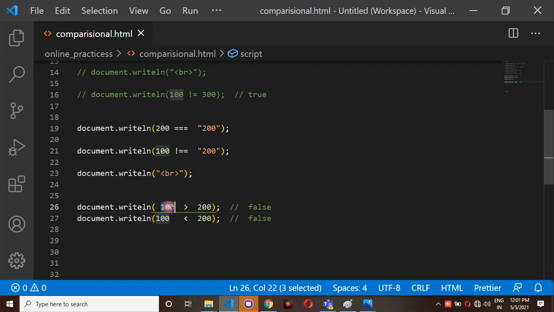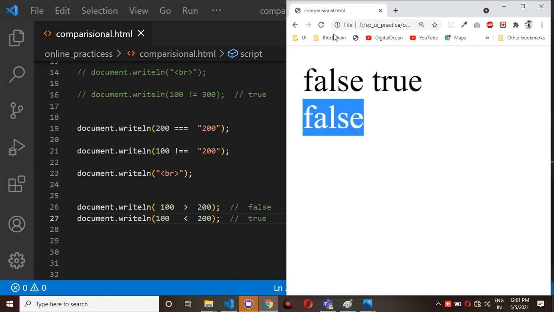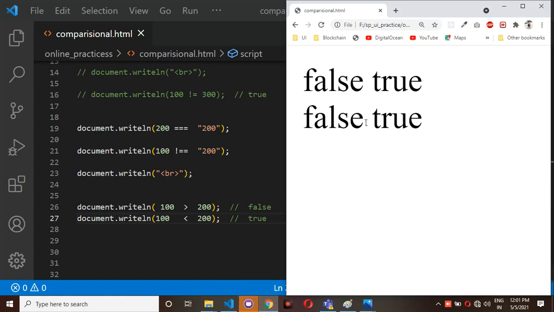Now in this case 100 is not greater than 200, so here we will get false. But in the next line, in the 27th line, 10 is a very small value compared to 200, so here we will get true. For the first one we will get false, and for the second one we will get true.